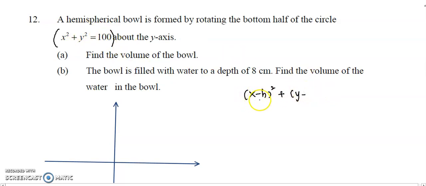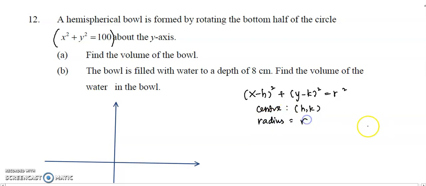Alright, so let's recap a bit on the circle equation. (x - h)^2 + (y - k)^2 = r^2. This is the standard equation of a circle, where the center of the circle is at (h, k), which are the values you take here, and the radius of the circle is